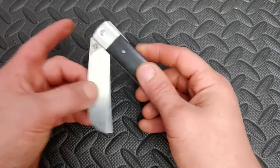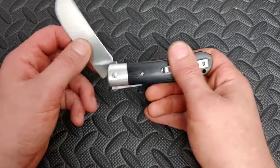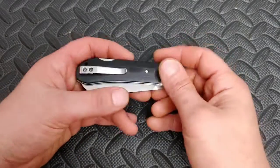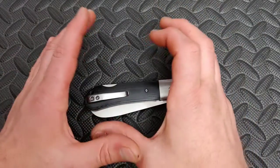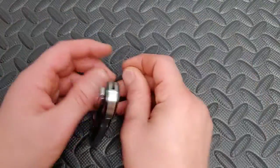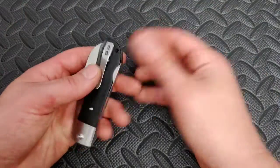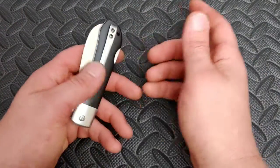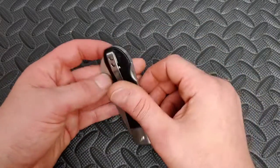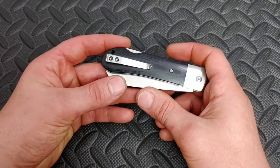Next thing, the clip looks cheap. It looks very cheap. Now, let me just say this. They do sell a leather slip for this. So you can take the clip off and throw the knife in there and carry it on your hip or in your pocket. Or you can leave the clip on and still slip it in the slip and carry it on your hip or in your pocket. But the clip itself, I think they could have used a different clip and it would